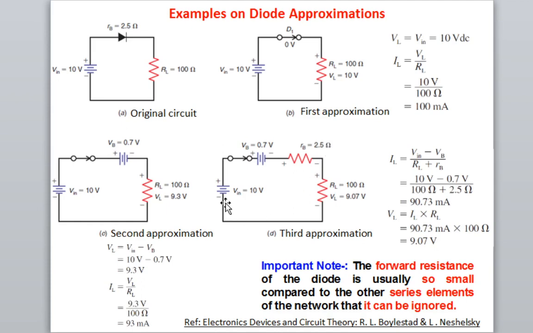Now if you calculate the voltage and current in this circuit across the load resistance, we have two voltages, this Vin and this VB, and then we have two resistances, series resistance RB and RL. By applying Kirchhoff's voltage law, we can find out how much voltage will be across this. So we try to find out the voltage.